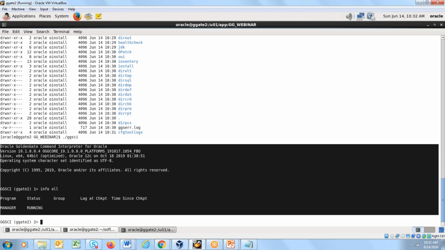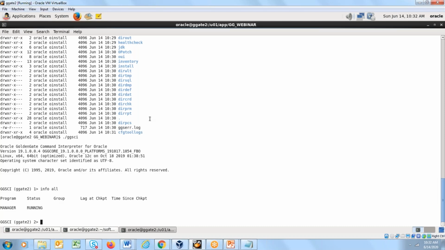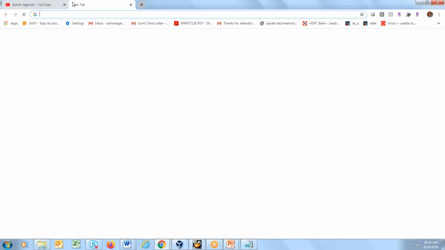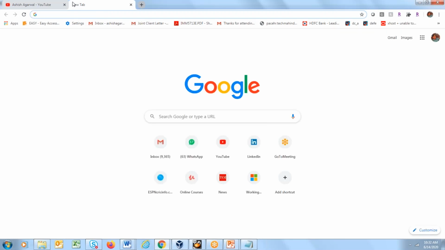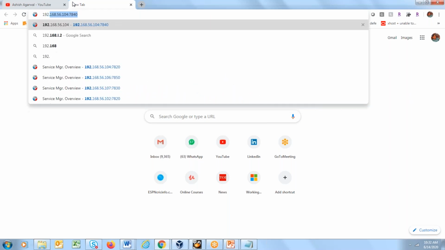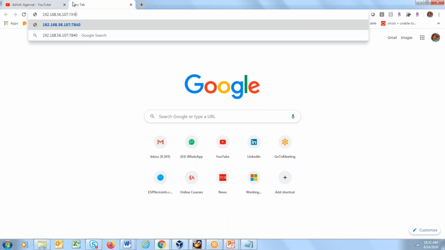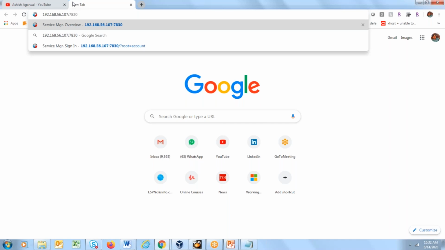Now for microservices, I already did the microservices installation prior to the session, or I was using it for one of my training sessions. So the microservices is already installed. Let me give you the look and feel of microservices as well. For reaching the microservices, as I mentioned, it is a RESTful API based architecture, and you can connect to microservices through GUI as well. So I'll log into microservices. I'm going to show you how we can connect.